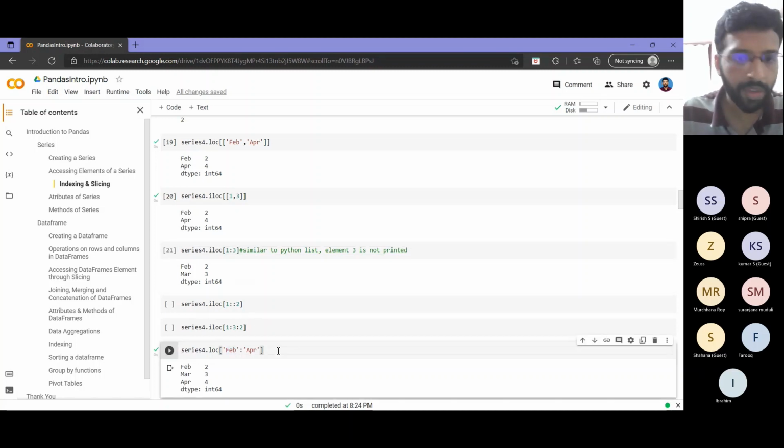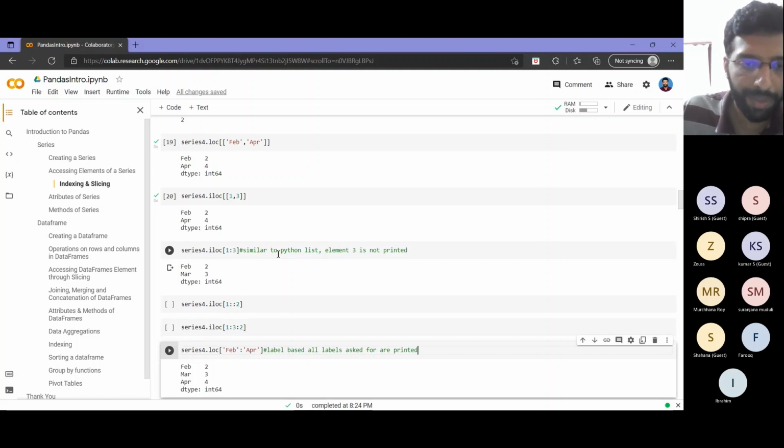Whereas with label based indexing, all labels are printed. You can always keep that difference in mind, because when I am going for labels, I am saying I need from this label to that label. That by default means I would like to have both entries corresponding to both labels. But when I am accessing with integer locations, the accessing is similar to a Python list. The last entry will be skipped.